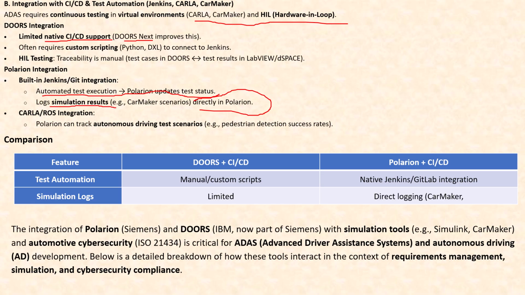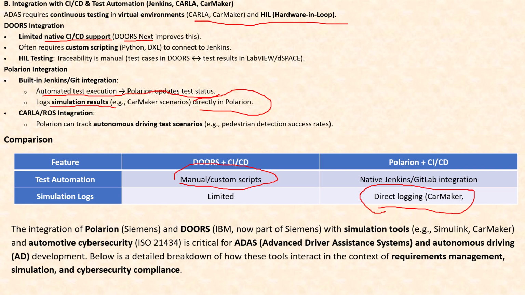Okay, now let's see the comparison. First is test automation, and next is simulation logs. When it comes to simulation logs, Polarion has a clear superiority, because it directly logs the results. And when it comes to test automation, with DOORS you have to do it manually, but with Polarion it happens automatically. The integration of Polarion and DOORS with simulation tools and also automotive security is critical for ADAS systems and autonomous driving development, and below is a detailed breakdown of how these tools interact in the context of requirements management,